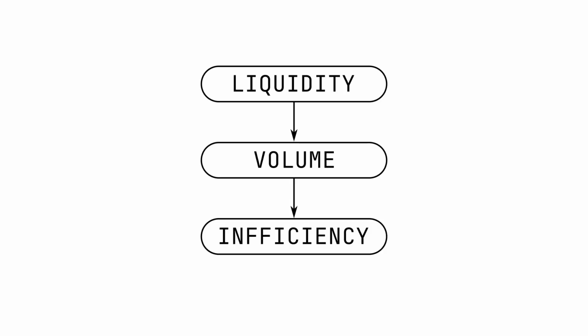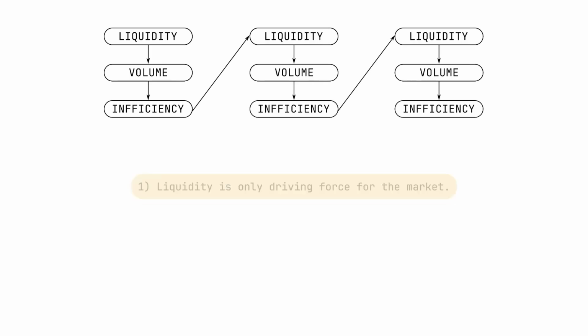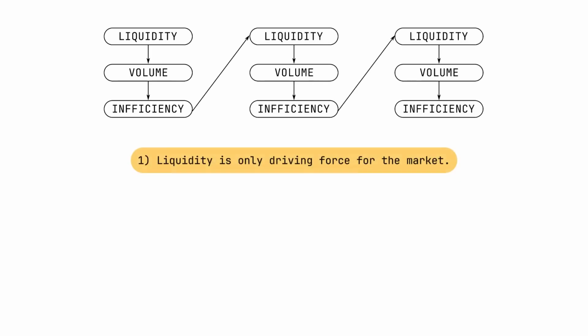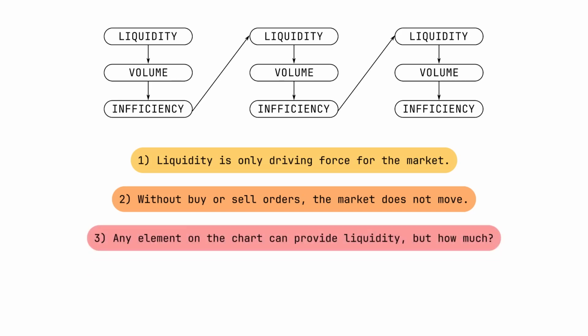It is based on three main elements: liquidity, volume, and inefficiency. Any movement can be described using just these three concepts. At the top of this chain is liquidity, which is the sole driver of the market. Without liquidity, that is, without buy or sell orders, the market simply would not move. It is important to understand that any element on the chart can provide liquidity, but the question is in the